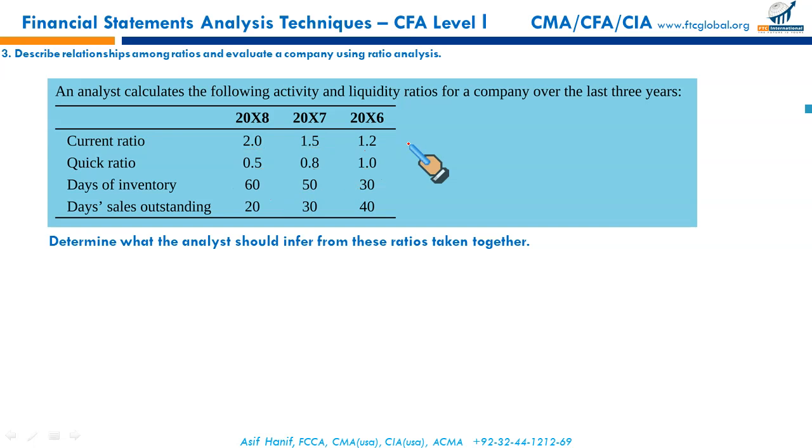And lastly, days sales outstanding. In 2.6, your average receivable paid within 40 days. Now within 30 days, and now because of good credit administration, you are able to reduce your time to half. Now your receivables pay you within 20 days. So you can interpret these ratios if you know the formula and if you know what they mean. This was required in this LOS.